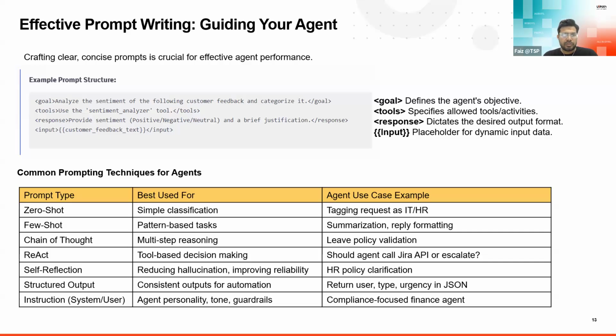Then we have the response: provide a sentiment, positive, negative, or neutral, and a brief justification. So you are instructing the agent to respond in that format. How will the response look? What are the things we need to cover and what we don't need to cover? Positive, negative, and neutral. Then we have the final one, that is input, customer feedback text: how you are looking for the inputs. You can instruct the agent, or you can ask the users to provide the input in a properly structured way so that the agent can analyze the queries,